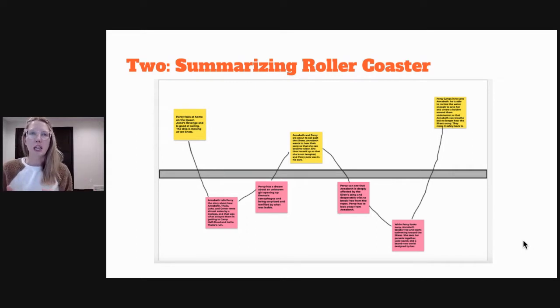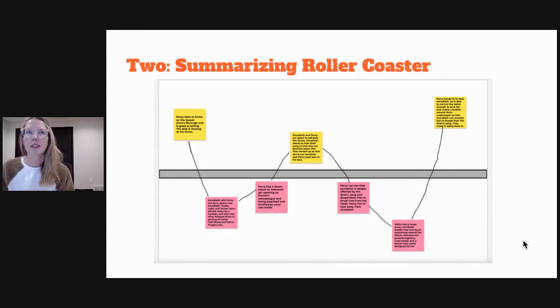This is simply a Google Jamboard, and I just inserted that rectangle shape in the middle, as that represents neutral. So that represents not a positive event or a negative event. What I ask students to do is, on that Google Jamboard, add sticky notes for each plot event of that chapter that was important. This actually comes from chapter 14 of Percy Jackson and the Sea of Monsters,